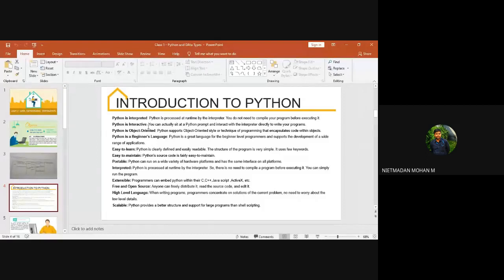The designing part is also done with Python. If you are going with web page designing, Python plays a major role along with Java and JavaScript. You have heard about JavaScript, right?